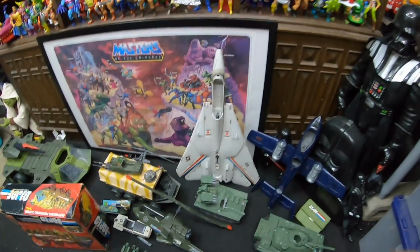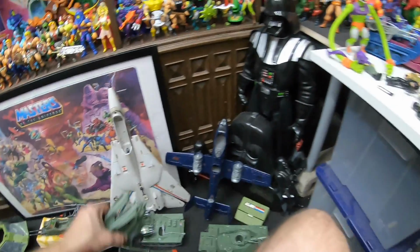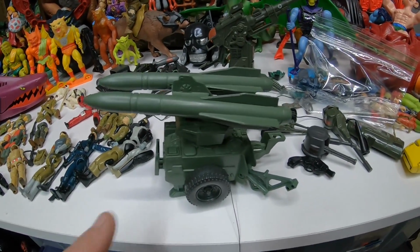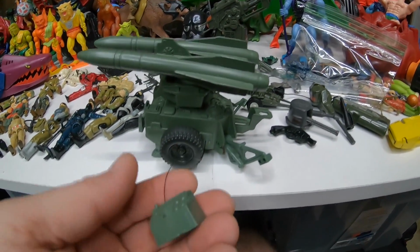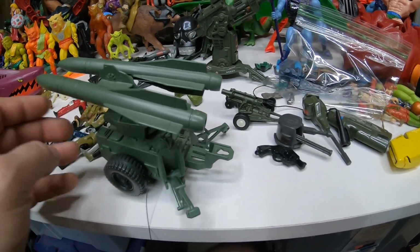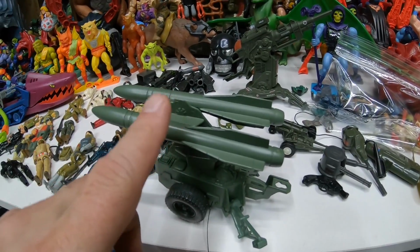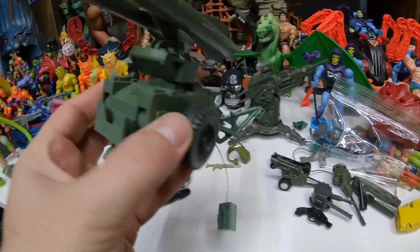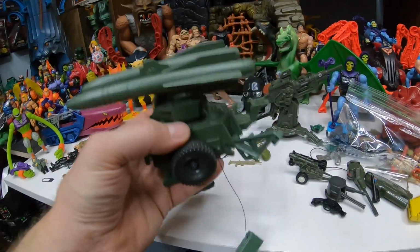So for the most part, I'm reselling a lot of the stuff. Oh yes, and then moving into the figures, but one little item here was the mobile missile system. This one's nice. It's got everything. It's got the control panel connected. It's got all its stabilizers. It's only missing one missile, pardon me. It's missing the third missile to be complete, and it's even got the removable stand to attach to the computer